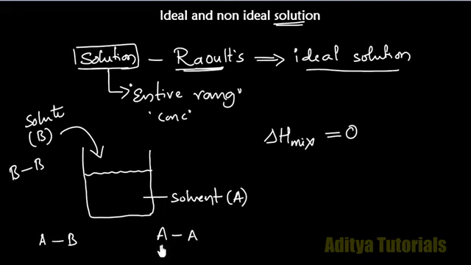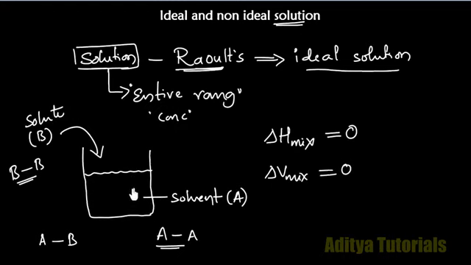But in the case of an ideal solution, whatever attraction is there between the two solvent molecules should be the same as the attraction between the two solute particles. Therefore, attraction between the solutes, between the solvents, and between the solute and solvent is the same. In that case, the change in volume on mixing the two components should be 0. There is no change; whatever the initial volume of the solution is, it remains the same